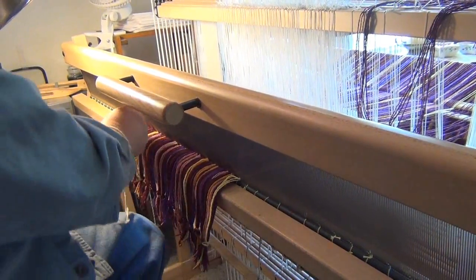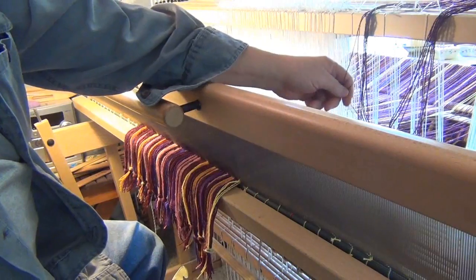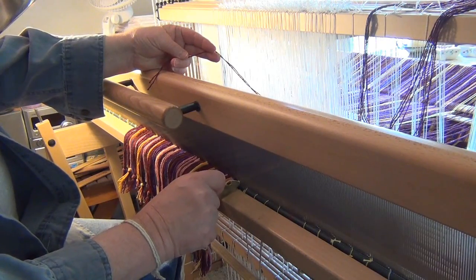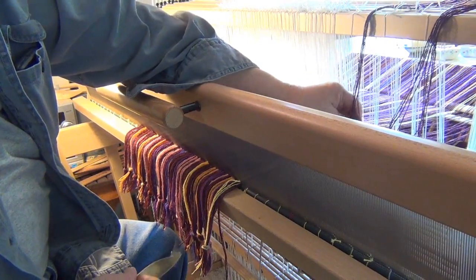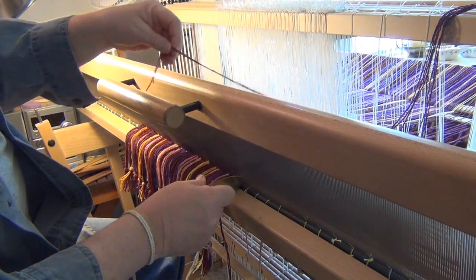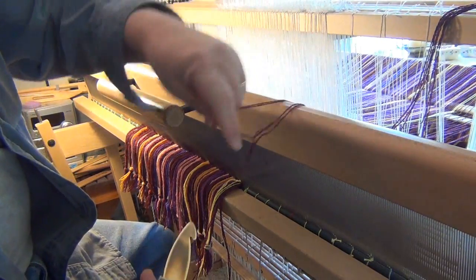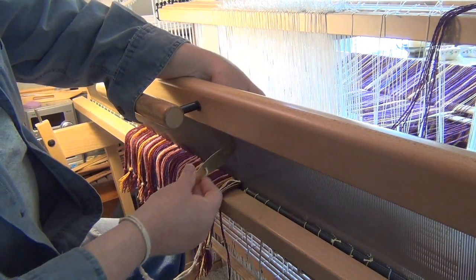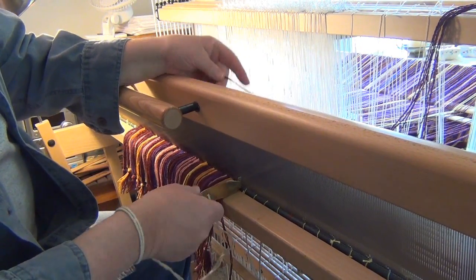Okay, as you can see, I've got most of the warp slayed through the reed. I've got one more batch of 8 dents worth to go to finish off this little bit, and I'm doing that now. You can see how the slaying, S-L-E-Y-I-N-G, of the warp goes. I'm just grabbing 2 threads at a time because I'm slaying 2 threads per dent in a 12 dent reed,